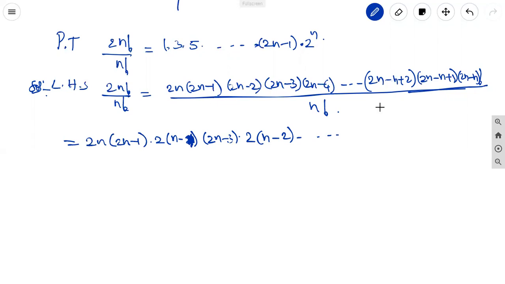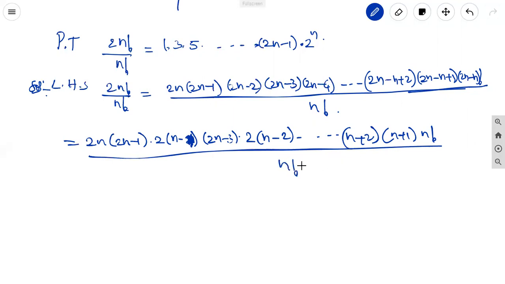Here 2n minus n is n+2, then n+1, and n!/n!. The n! cancels. Here this is the 2, then another 2, another 2, and so on,